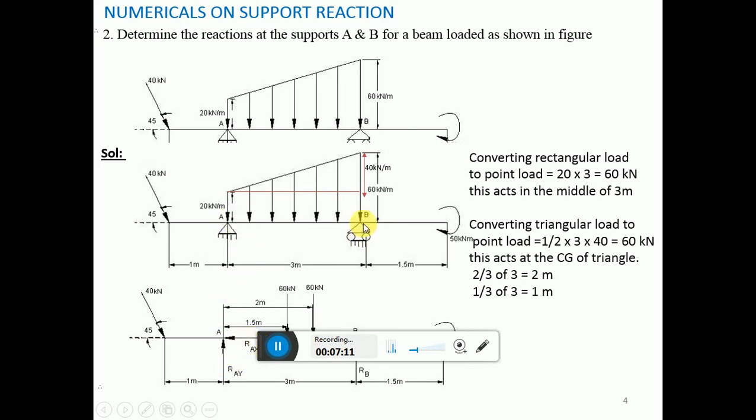Okay. And at the point B, a roller is acting, so only one normal reaction will come into the picture, which is known as RB, and I have applied it over here. Okay. Then